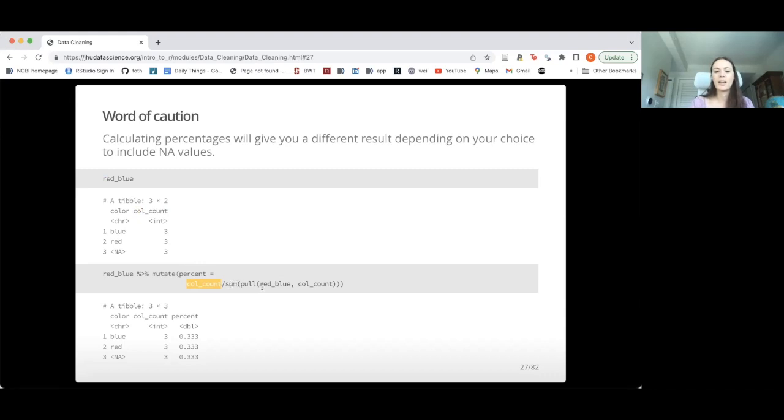In this case, I'm dividing by our column count values summed together. So 3 plus 3 plus 3, which would be 9. What I did here is I pulled the column count data out of this red blue tibble, and summed across all of that to get 9, 3 plus 3 plus 3. So here I get 30%, 30%, 30%,